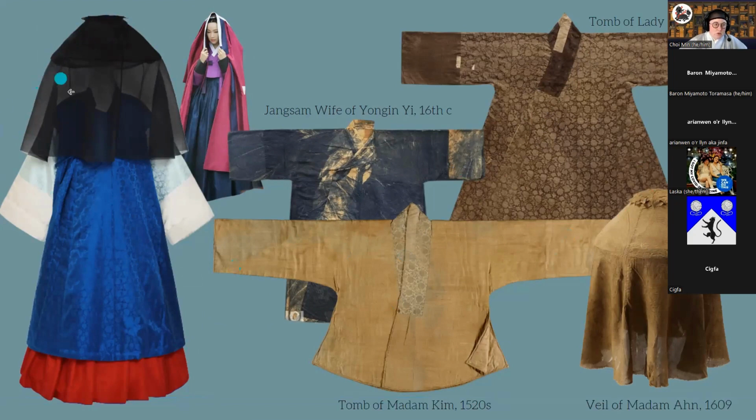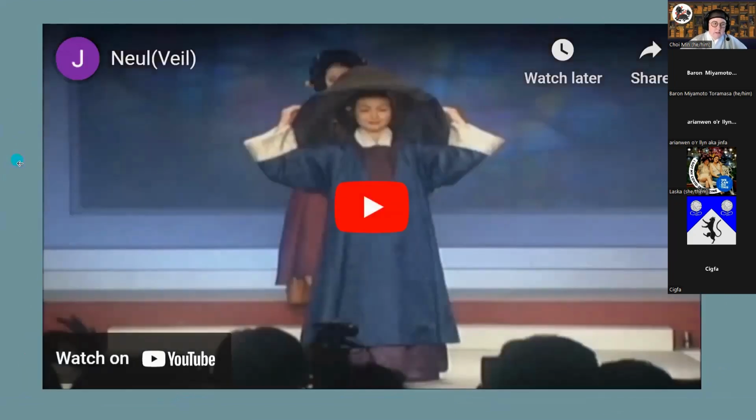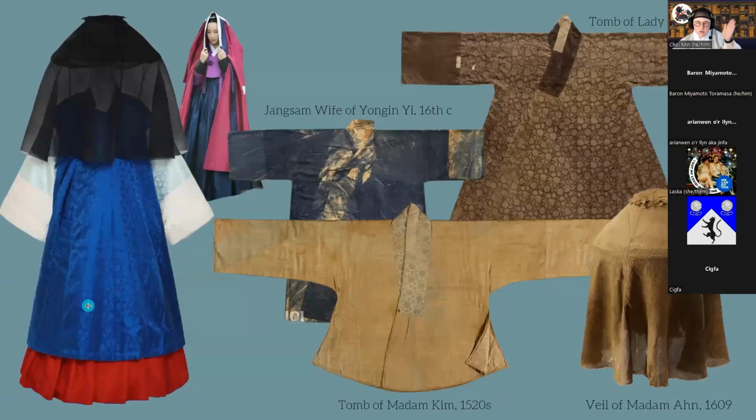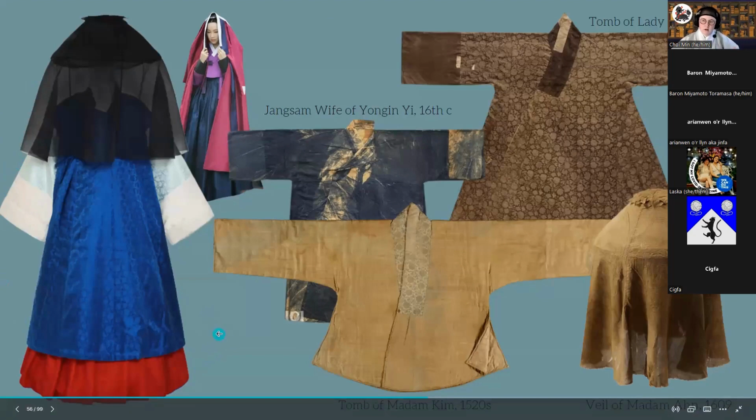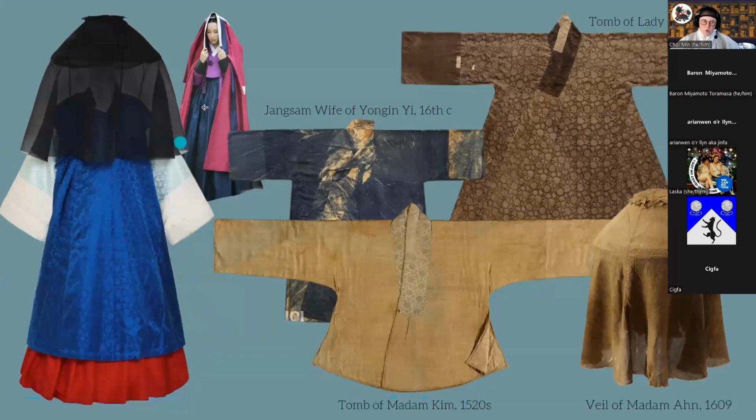And it was just a veil because, okay, another thing I forgot, Neo-Confucianism brought in a ton of conservative thinking during this era. So this is basically because men didn't want their wives going out in public and showing their beauty or whatever. So it was more proper for a woman to wear a veil when she was out in public, or cover her hair at least. Especially if you were married, you would have covered your hair.